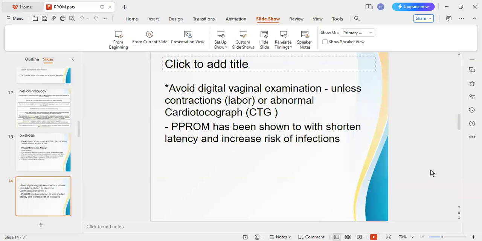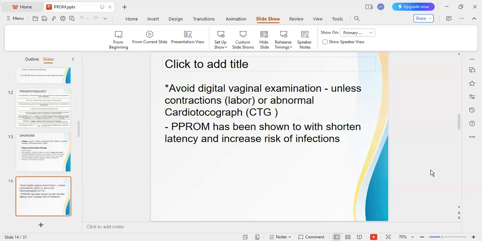It should be cautioned that one should avoid digital vaginal examination as much as possible, unless there is a reason to do it. If you are sure that this patient is actively in labor, or there's an abnormal CTG that was done prior, and then you want to assess if this patient can go through a vaginal delivery as soon as possible. That is when we try to do a digital vaginal examination. So we should try to avoid or minimize these